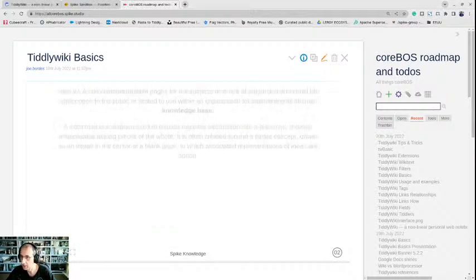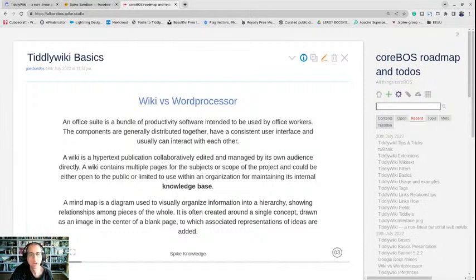Okay, and let's start by talking about that wiki thing. If we look at Wikipedia and we look for the definition of what is a wiki and what is an office suite like Google, and a mind map, which I find also very related in the same kind of concept that we're going to see here. The official definition says that an office suite is a bundle of productivity software that makes you more productive,